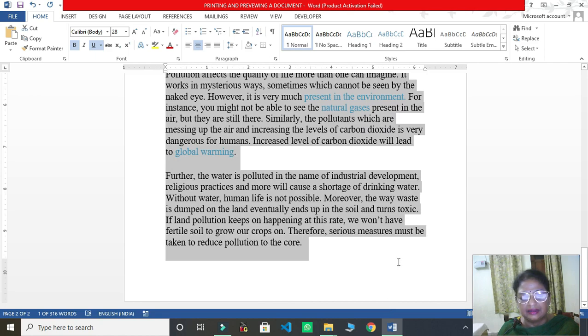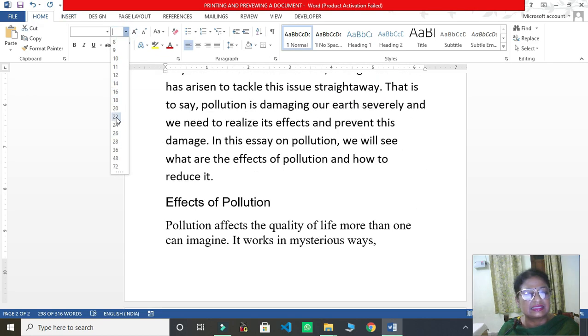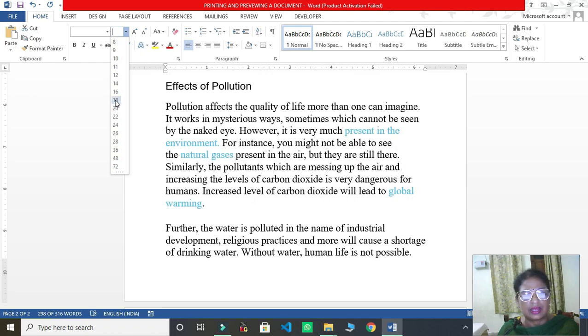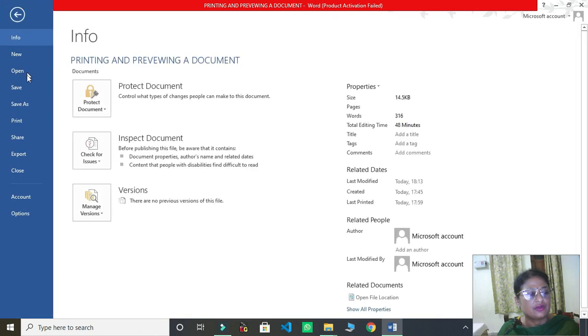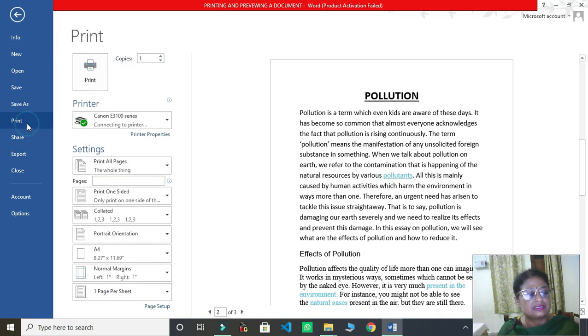So I'll just select my text and go to home tab and go to font size and make it little big. So I am taking 18. Now let us see again how it will come as a print out.